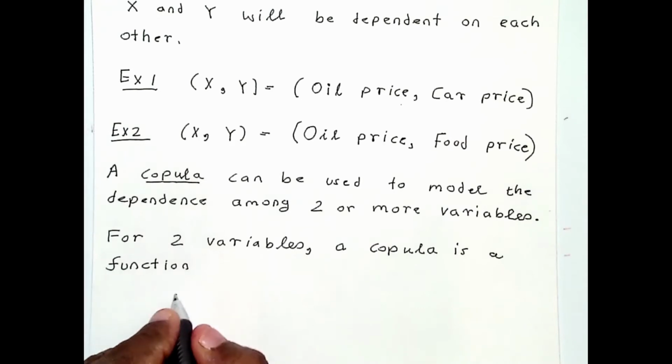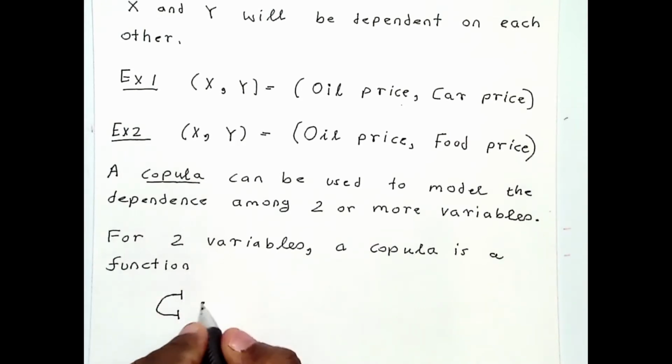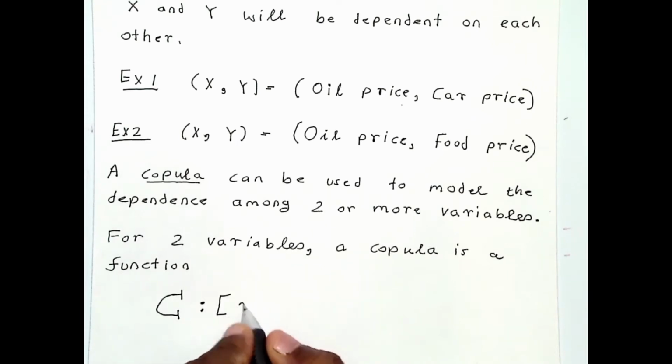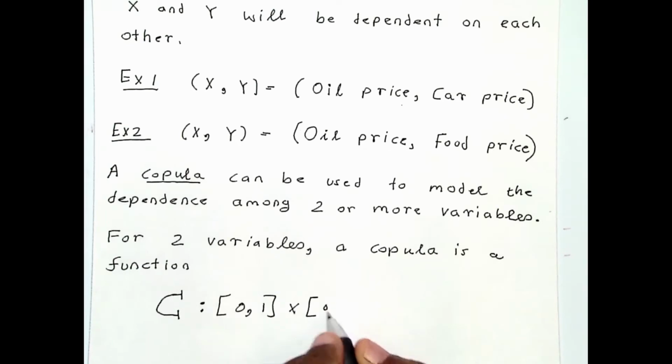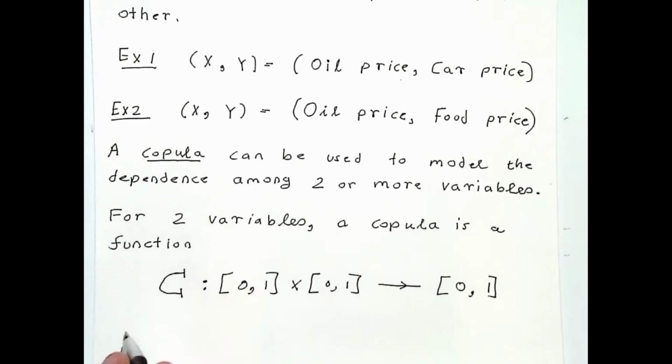It's a function which is denoted by the letter capital C and is defined from the unit square, 0,1 times 0,1 is the unit square, to the unit interval, right, with the following conditions,